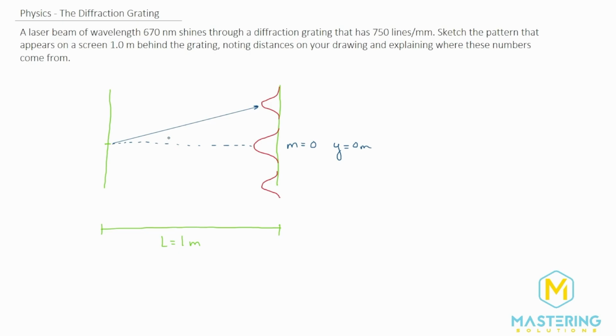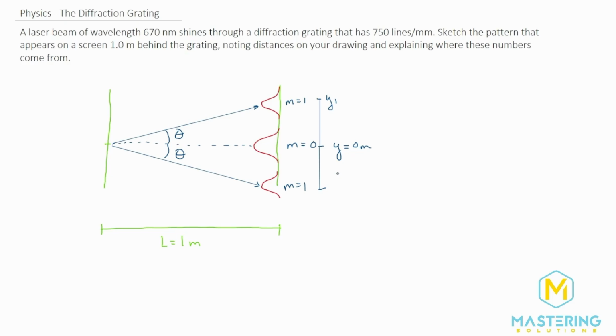that is going to have an angle right there, and that is theta. So we'll have the same right here, and that is also theta. So those two angles right there, they are the exact same. And then this is m equals 1, also m equals 1, and y, or the difference from here to right there, that is y equals 1, and same distance down here, m equals 1 again.